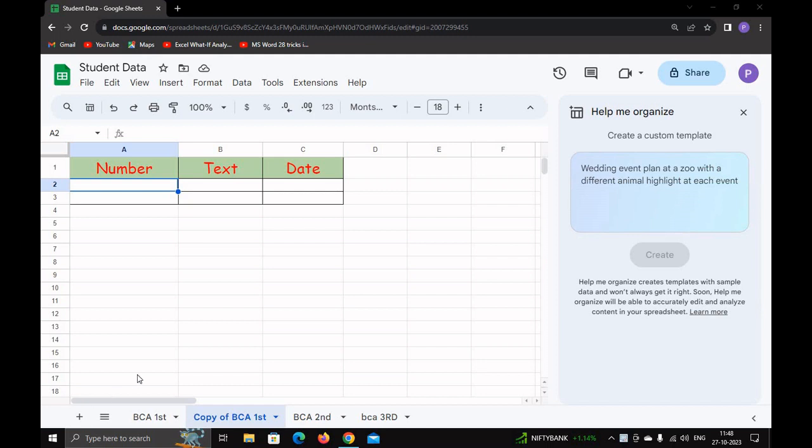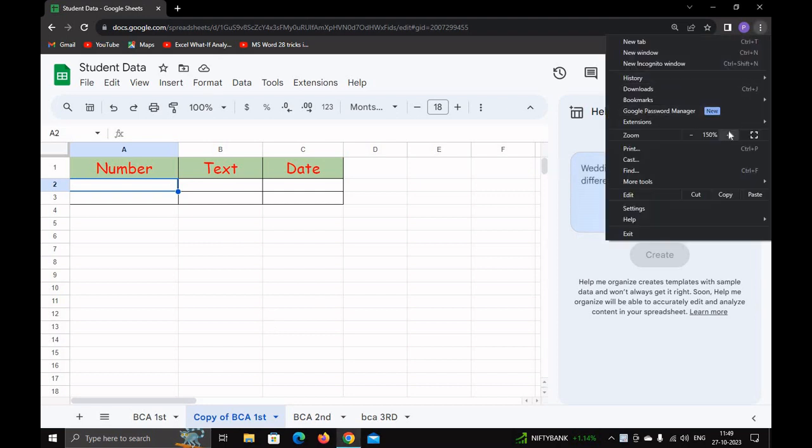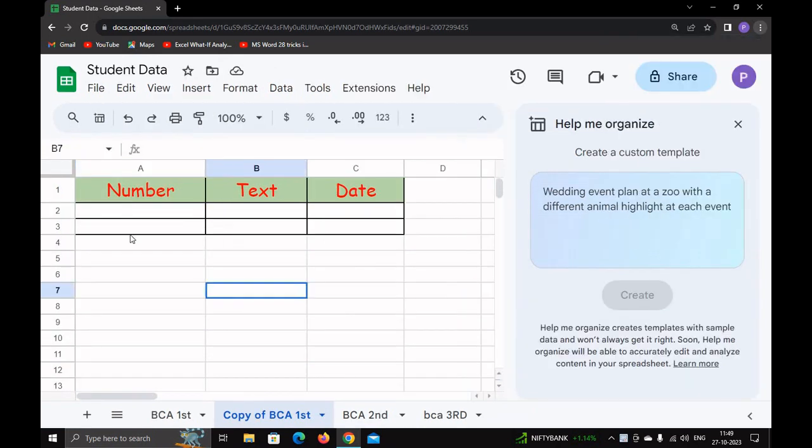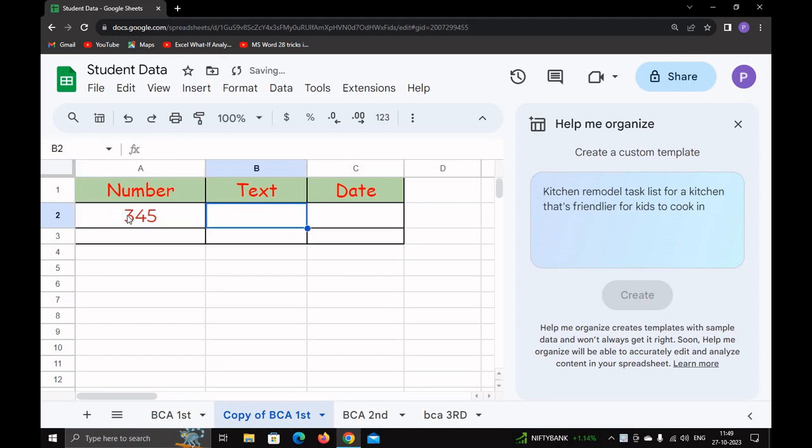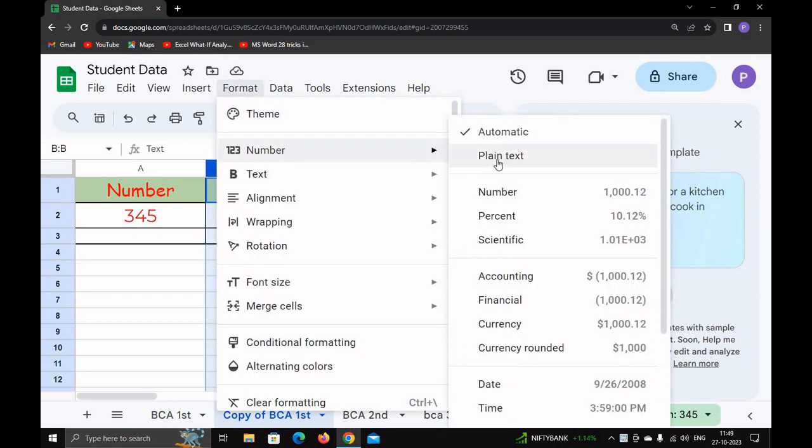In this part, I will discuss various data types in Google Sheet. So for example, as you can see, there are three columns: number, text and date. And if I type a number like, let's say, 00345, you can see 345. And what if I want to type 00345? Then what I should do, just select this and then go to the format, and here select it as